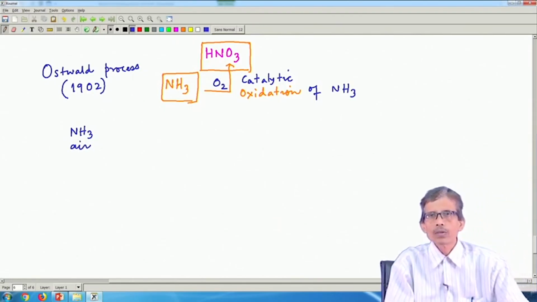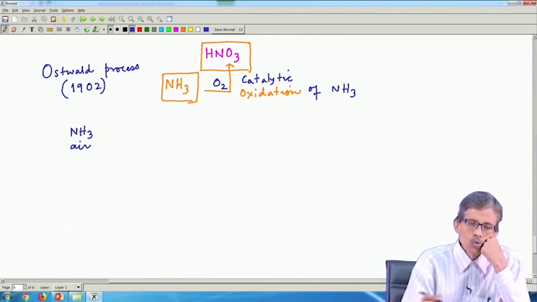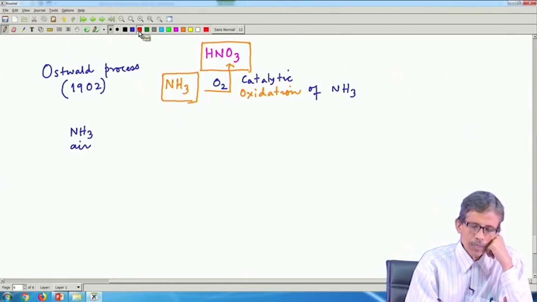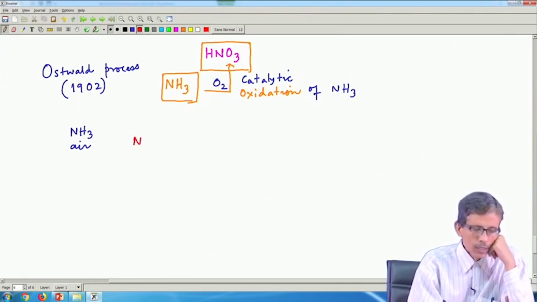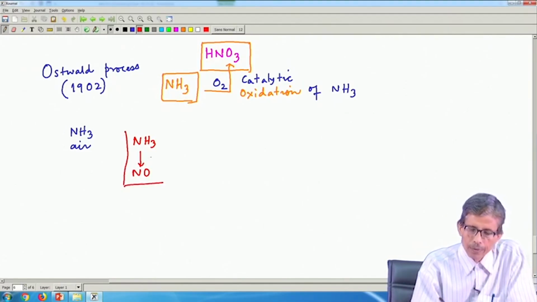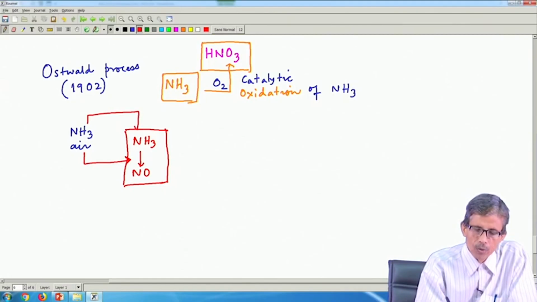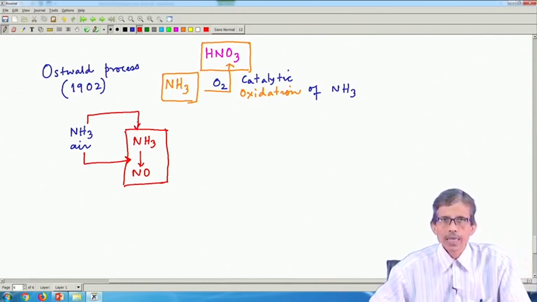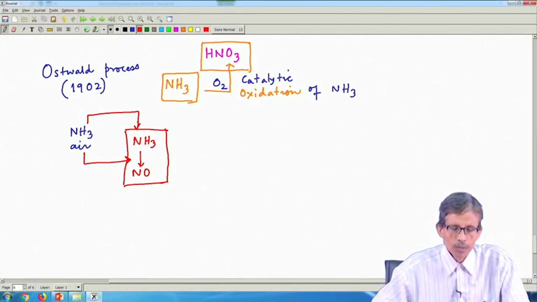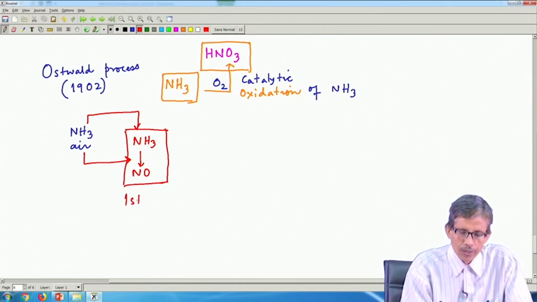If we go for the catalytic oxidation, the O2 present in air will be very useful, and it can be utilized for this oxidation, where your ammonia will give rise to the production of NO. So, we can have ammonia and air in this reaction chamber, with two reaction ports basically, where ammonia can enter through one path and air can enter through this particular path. So, this is the first stage of reaction,